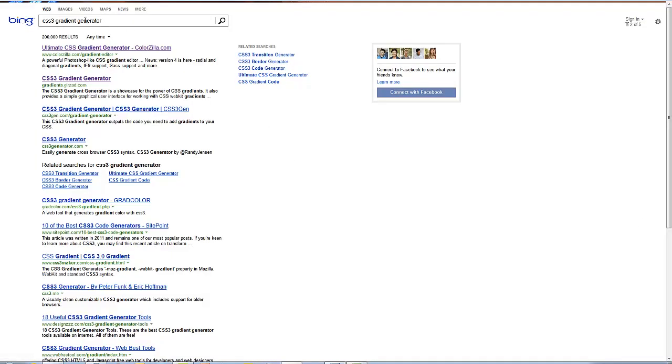So the way that I found that is I went out and searched for a CSS3 gradient generator, and you're going to find that a lot of this stuff that you want to do, there are already tools out there that make it easier. So I actually chose this Ultimate CSS Gradient Generator from colorzilla.com, and when I go to that site,